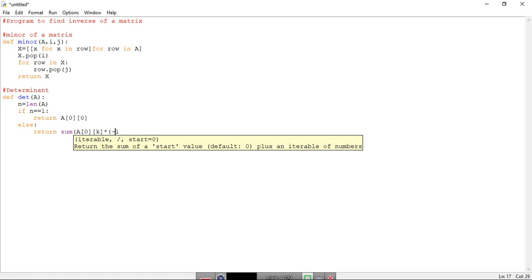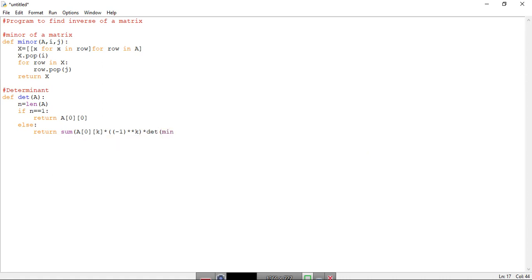Again, the brackets are very important. Then into determinant. This determinant we will define from the previous thing. So determinant of minor; but for the minor, you remember we have not found the determinant, right? So minor of a, 0, k.